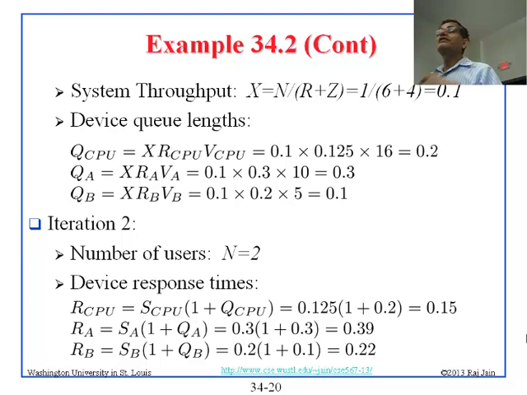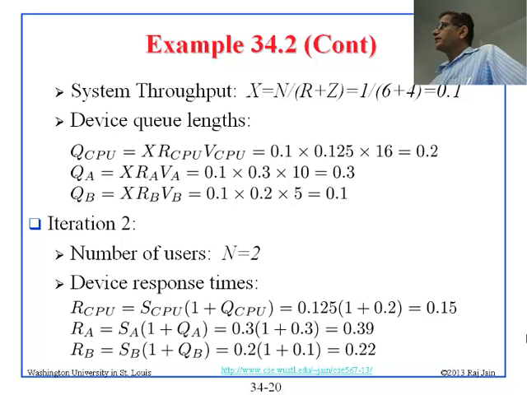All right. Now that we know the queue length for one user, we can calculate everything else for 2 users now. So this is an iterative thing, right? So with 2 users, when the second user comes in, it will find that because of the first user, the queue length of the CPU is 0.2. All right. And therefore, its response time per visit would be